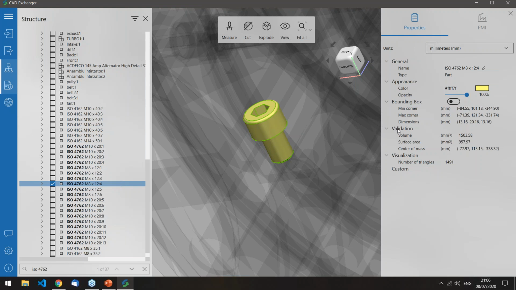Below we can see the validation properties like volume, surface area, center of mass, and finally the number of triangles. What we see here is a custom property that sometimes may appear in the files that we receive. CAD systems like SolidWorks may write some custom user-generated properties like the name of the author or the status of approval or any